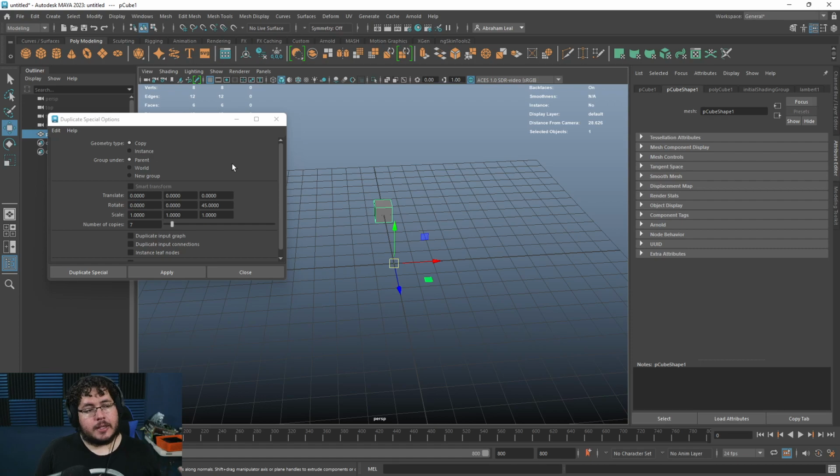The main difference is whenever you create an instance, you're not actually creating a new duplicate of the object. It's pretty much the same object, just displayed in a different place. So if anything happens to the original object, Maya doesn't have to repopulate. It just says, hey, it's the same object, so I'm just going to have the same transformation everywhere. It's very handy. For instance, I'll do it in just a second, but one of the cool things about working with instances is that if you modify any of the instances, all of the other ones are going to be modified